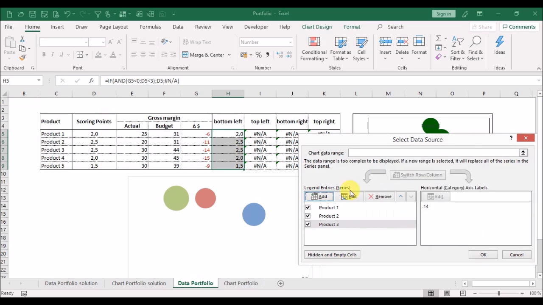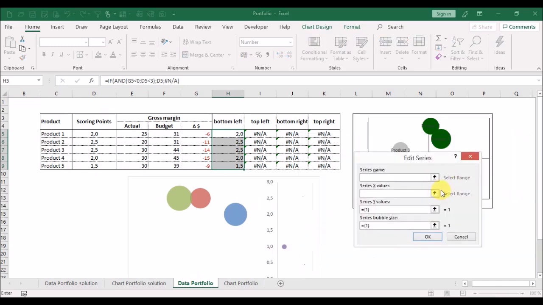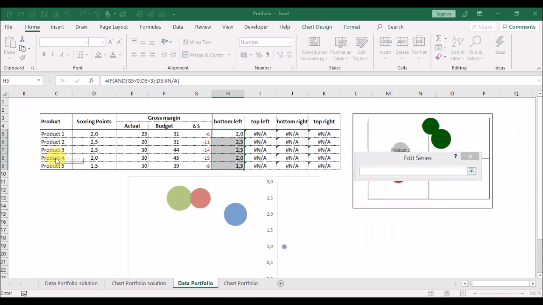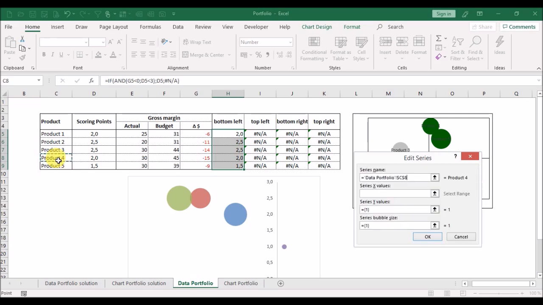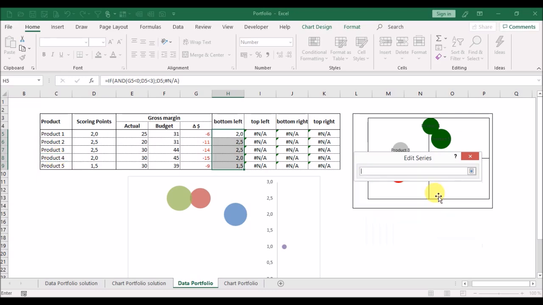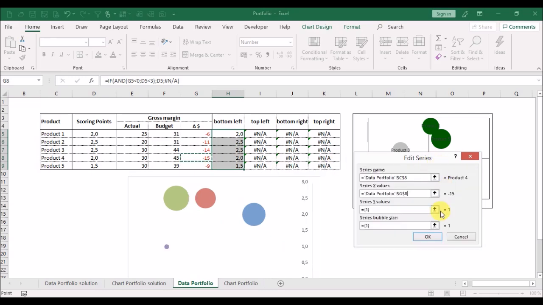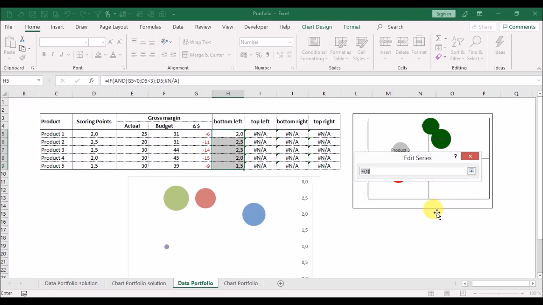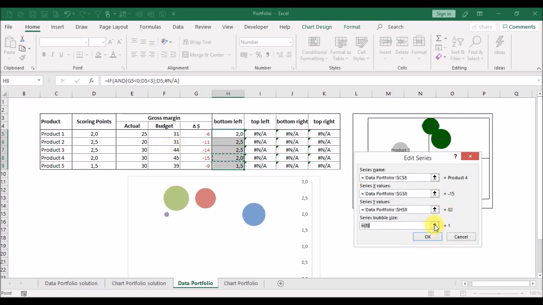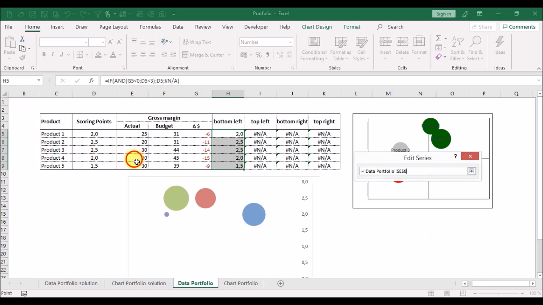Okay, then we will add product number 4, X values from cell G8, vertical line values H8, and the bubble size from cell E8.